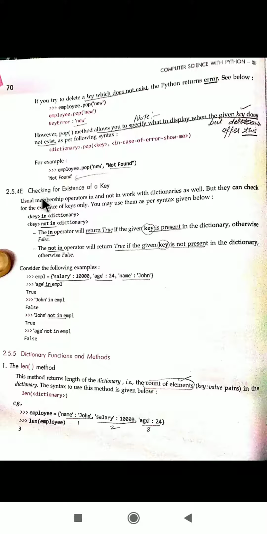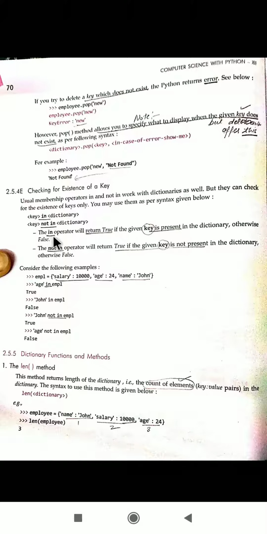Next topic is checking for the existence of a key. If you want to check whether a particular key exists inside the dictionary or not, we can use these two membership operators which we have already used in tuples, lists, etc. Key in dictionary, in and not in, these are two operators.